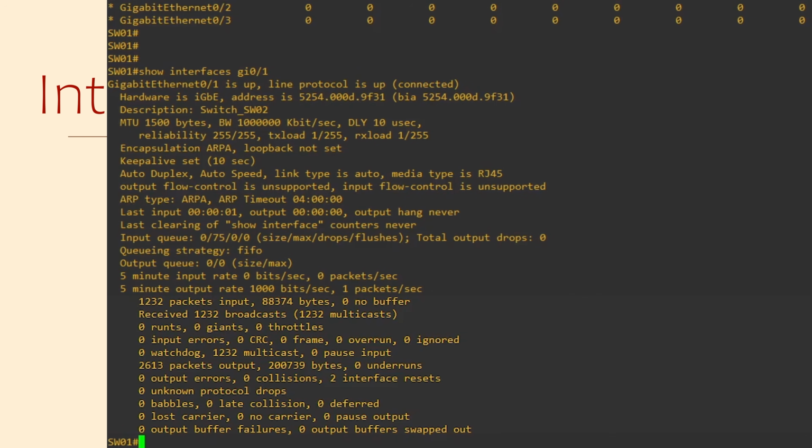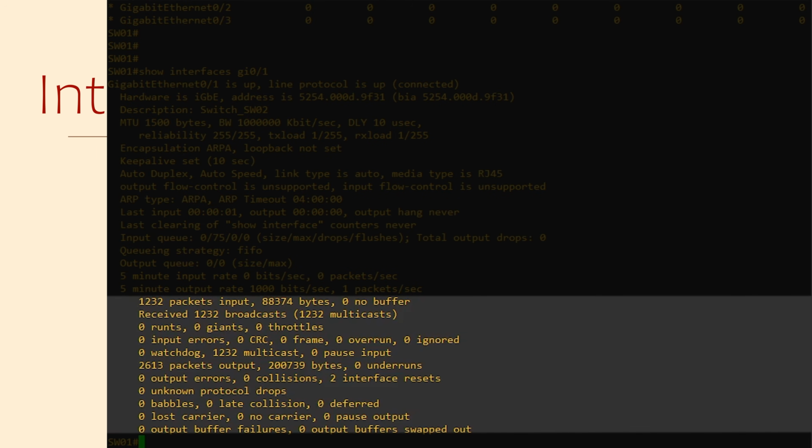The large section at the bottom includes various counters. This includes how many packets and bytes an interface has received and transmitted, and how many are using multicast. There are a lot of other counters too. Collisions, which are when Ethernet collisions have occurred. This might happen if you have an old-fashioned hub in place, or sometimes it'll happen if a cable is longer than it should be.